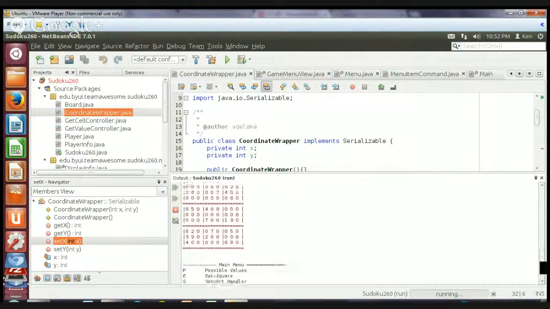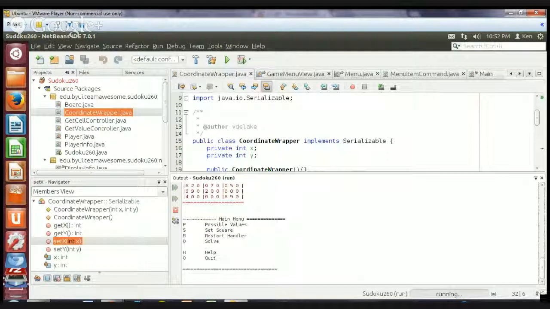So that is where we're at. We have pretty much a fully functioning game at this point. We need to add a few more refinements and a few more tests to our package, but other than that,